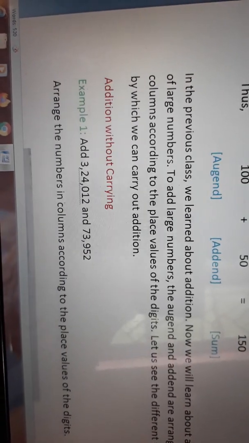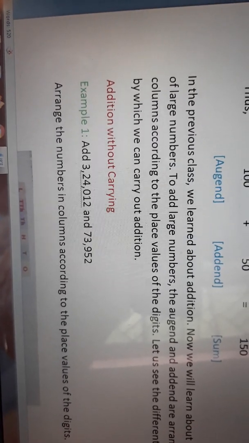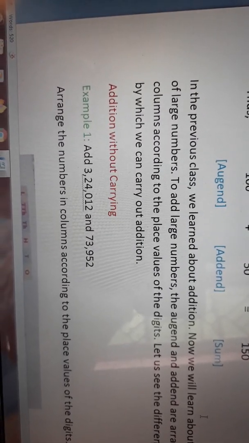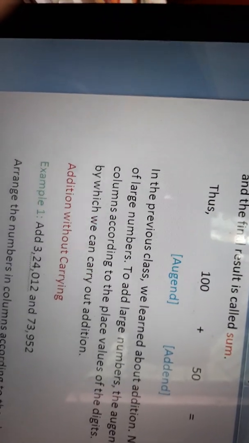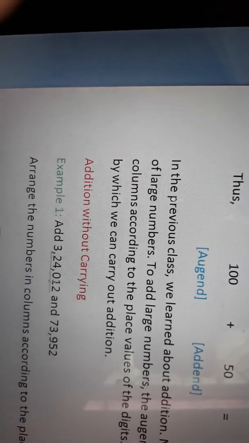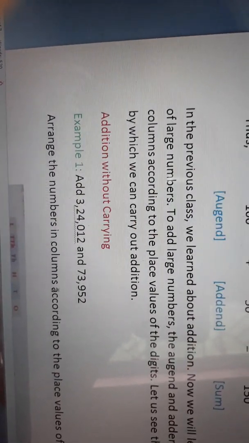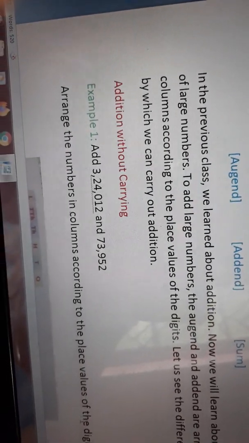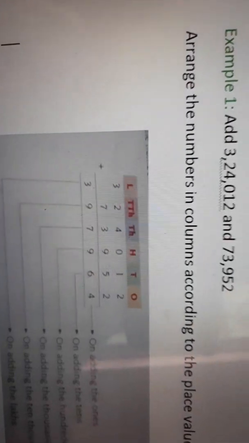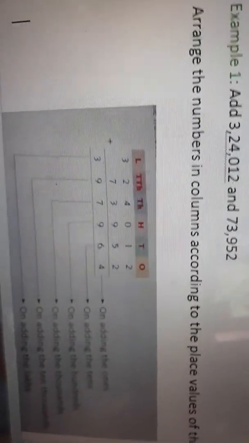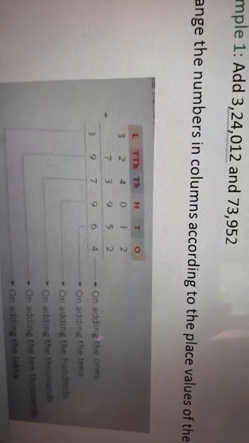Addition without carrying. So see these two numbers. Look at these two numbers. At first you arrange the numbers in columns according to the place values of the digits. So see here, the two numbers, at first you write in a place value chart.